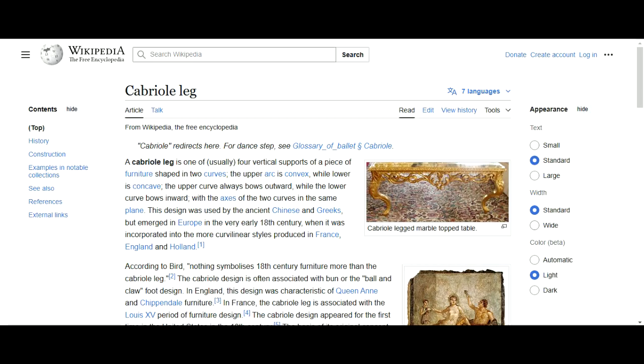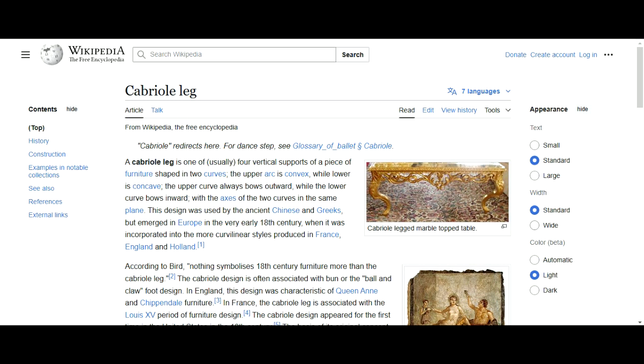Cabriole leg. A cabriole leg is one of usually 4 vertical supports of a piece of furniture shaped in 2 curves. The upper arc is convex, while the lower is concave. The upper curve always bows outward, while the lower curve bows inward, with the axes of the 2 curves in the same plane. This design was used by the ancient Chinese and Greeks, but emerged in Europe in the very